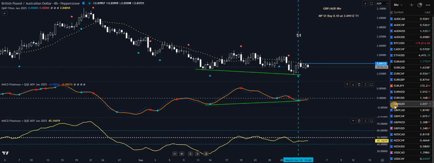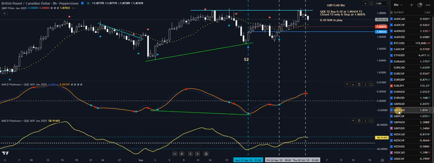Pound Aussie took a buy. It's an MP buy. You can see we're in no man's land there. But there's hidden bullish divergence there, and the MACD platinum's below the zero. Let's take that buy. We're just below the entry level. Pound CAD